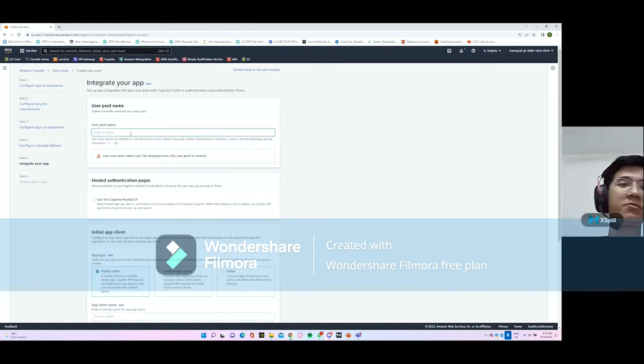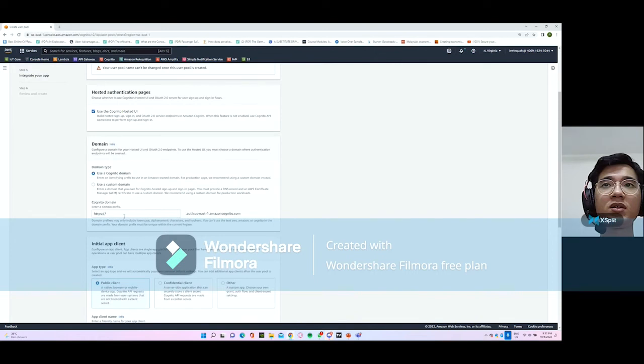For the user pool name, we will just give it a placeholder name. And then we will use the Cognito hosted UI for the hosted authentication pages, followed by using the Cognito domain.